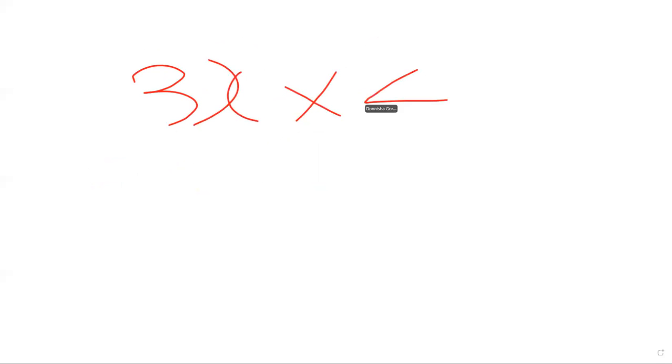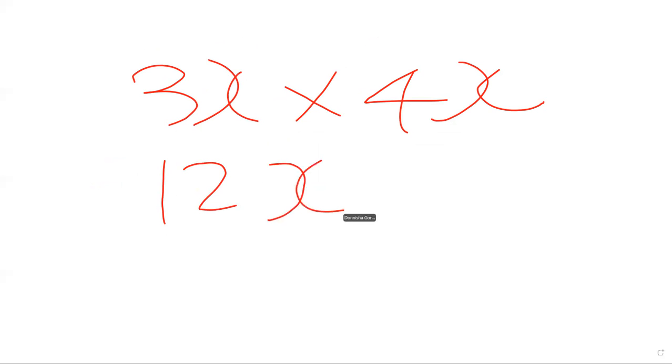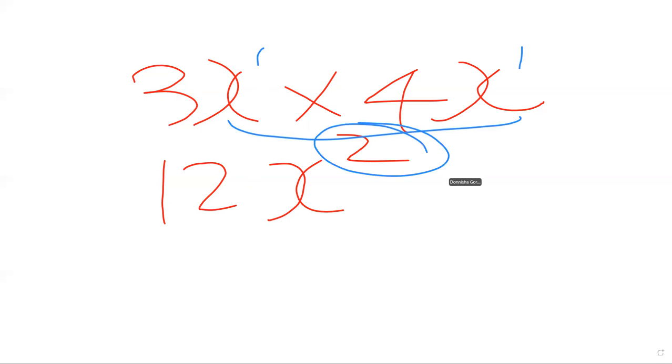Number 2 is going to be 3x times 4x. Multiply the numbers, that's going to be 12. Multiply the letters, x times x, that's going to be x squared. We also established that there is a rule for multiplying variables. Once variables are the same, you can add the powers. The power of x here would have been 1. 1 plus 1 gives us our 2, or squared. All right,